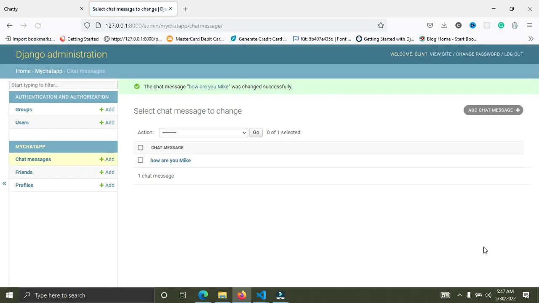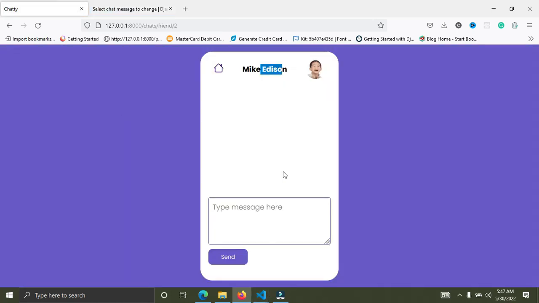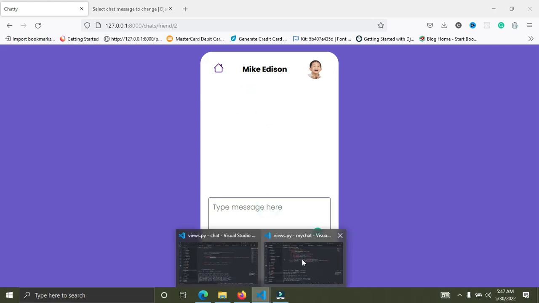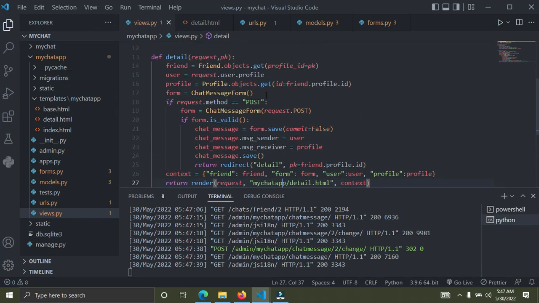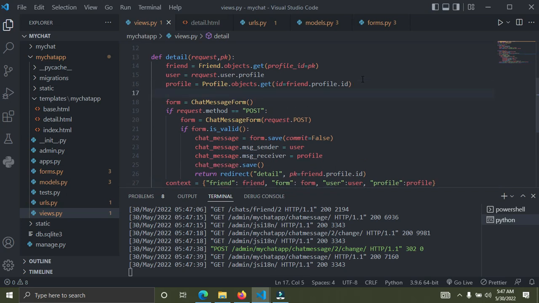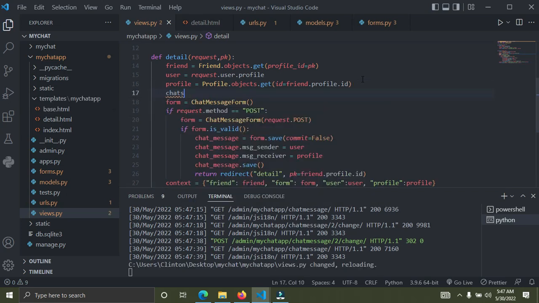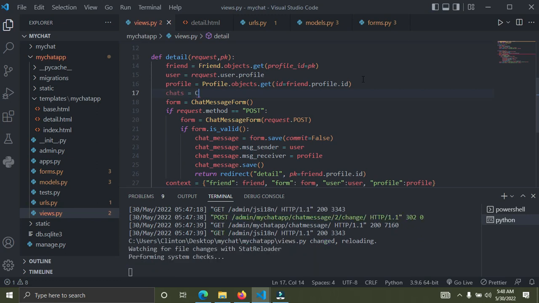So what we want to do now is make sure that as we send this message, we also see the message on the screen. Understand? So now I'm going to come down here again and create a new variable called chats. I'm going to get all the chats. I'm going to say chats should be equal to chat message